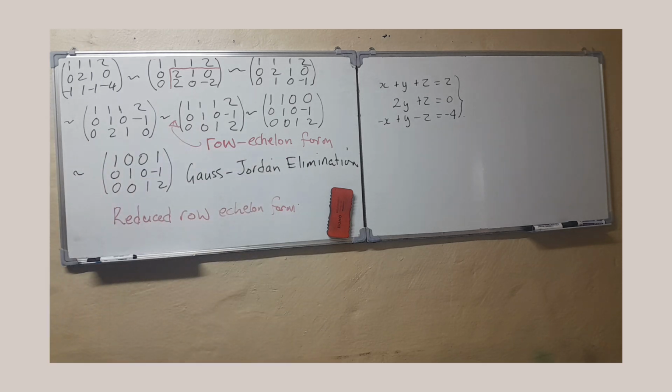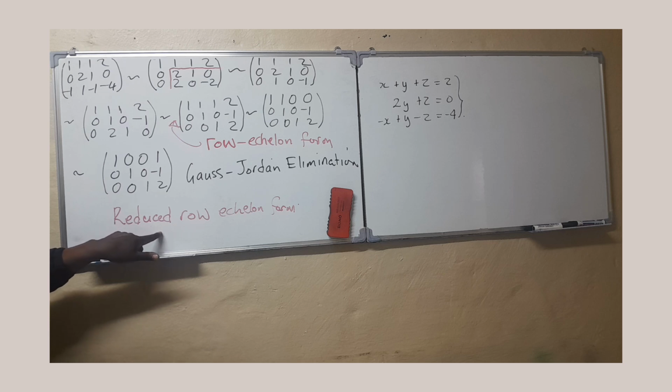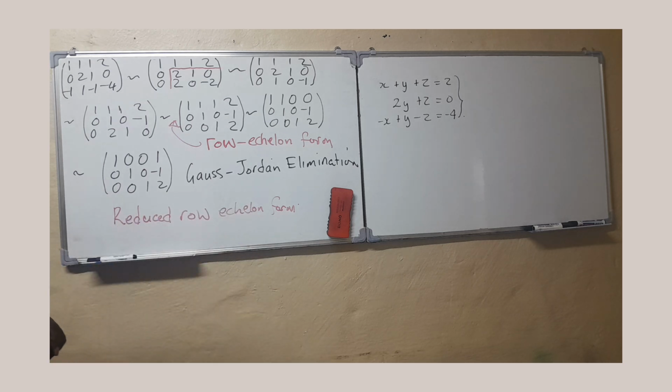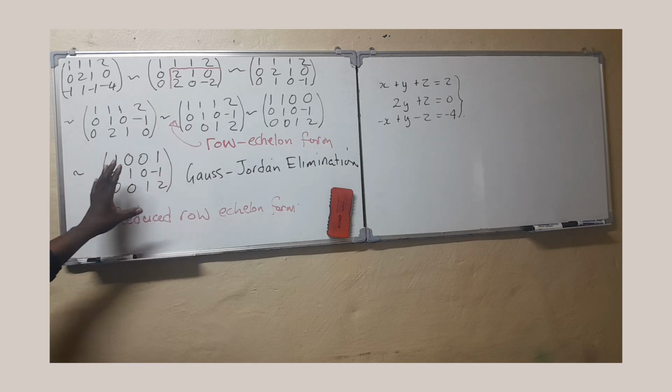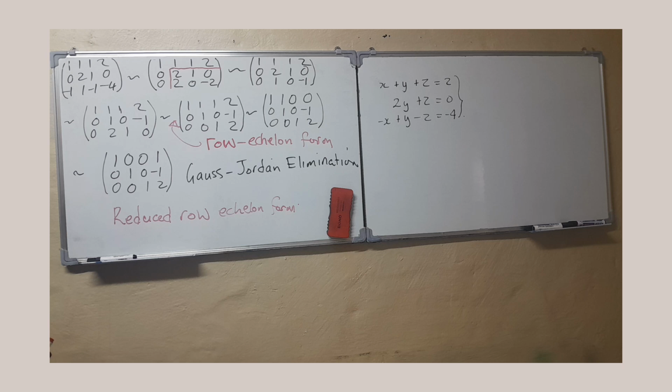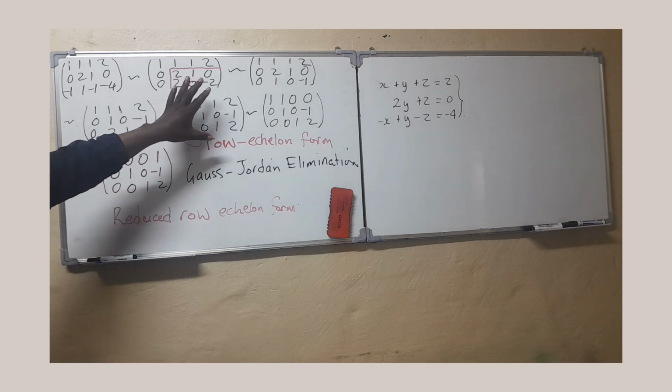From the row echelon form, we then start to eliminate everything above the leading ones until we get here and we obtain the reduced row echelon form of the matrix. There is nothing that has been changed because what we were doing here, we were doing to matrix A. And what we can do now is simply to read off the values of x and y. It was a rather long process, but you always get there, provided you follow the steps. And of course, as you can see, it is the arithmetic really which is rather heavy. The steps are easy to follow as long as you remember the rules, but it's the arithmetic that you have to be